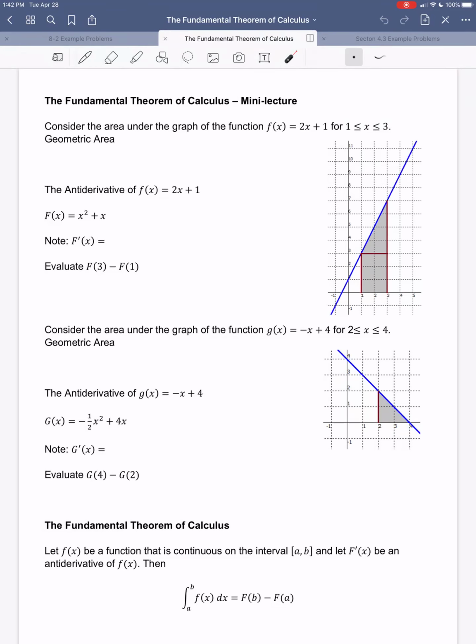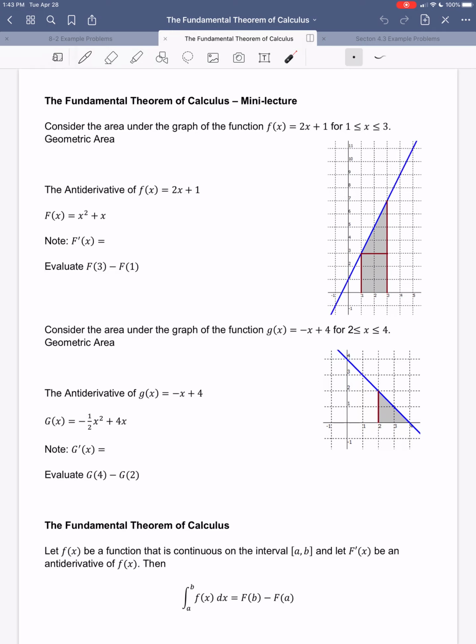In this mini lecture, we're going to talk a little bit about the fundamental theorem of calculus. I'm not going to present an actual proof that this theorem is true. I'm going to give some justification that makes it seem reasonable that this is true. You can find the actual proof of this theorem if you even just do a search on YouTube for the